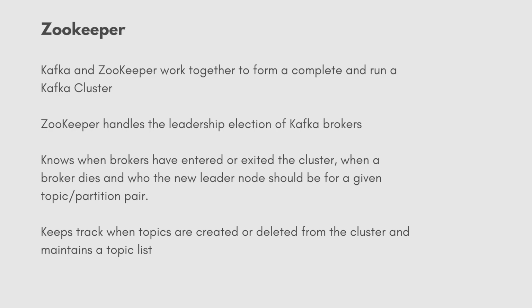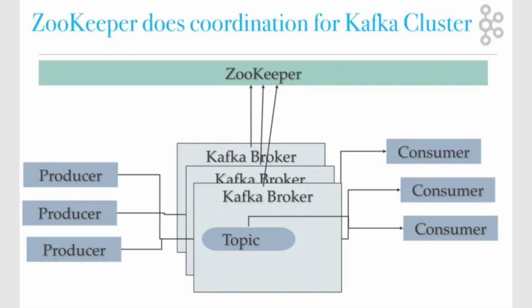And like I said, it does do the election of the broker on who's the controller, because remember, only one of the brokers can do it at a given time. You can't have multiple brokers as a controller, so that's pretty important. I say all of this to say that Kafka is trying to move away from Zookeeper due to the reliance of all of this. Zookeeper in itself is its own individual software, right? Separate from Kafka, and that can be a problem in the sense that if Zookeeper breaks, then all of what I just said is useless, right?